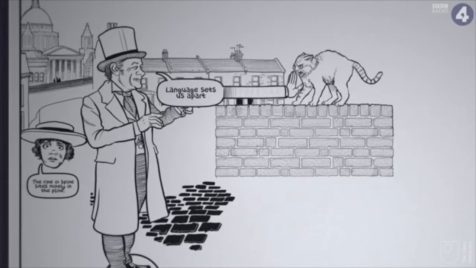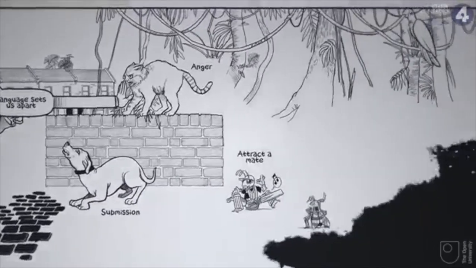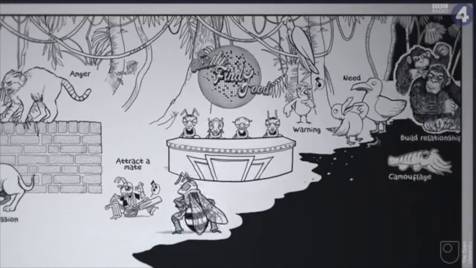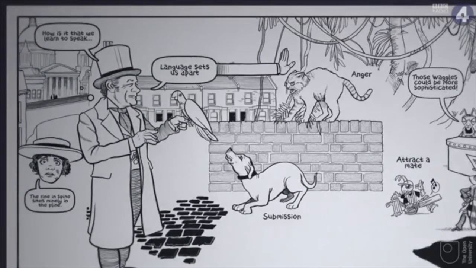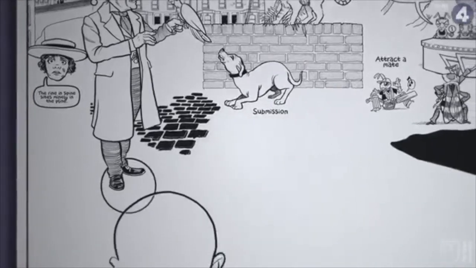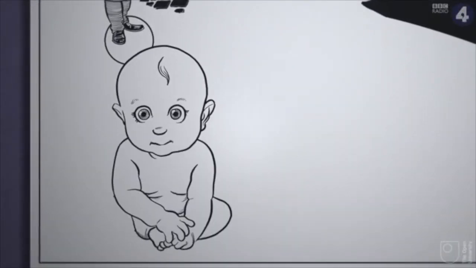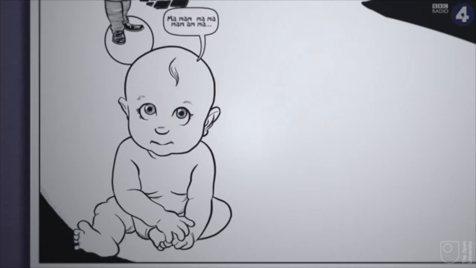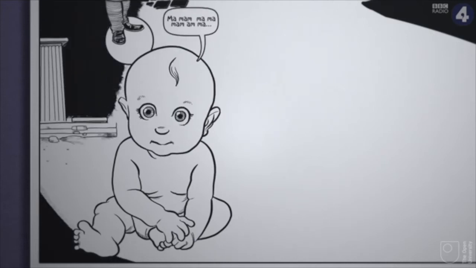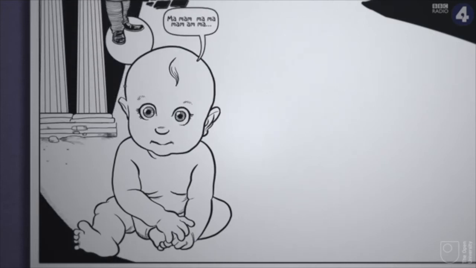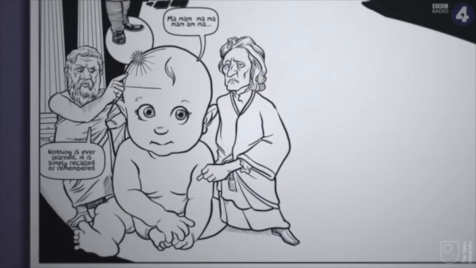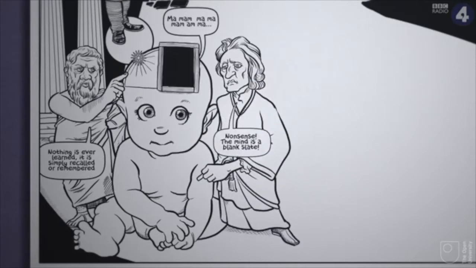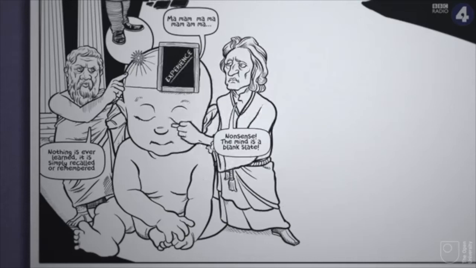Language sets us apart. Other animals communicate, but they don't have anything approaching the sophisticated grammar of human languages. How is it that we learn to speak and think in language so easily? Young children become adept in a new language very quickly. Since the dawn of philosophy, thinkers have argued about whether or not we have innate ideas, whether we are born knowing things, as Plato believed, or rather, as John Locke and other empiricists argued, the mind is a blank slate on which experience writes.